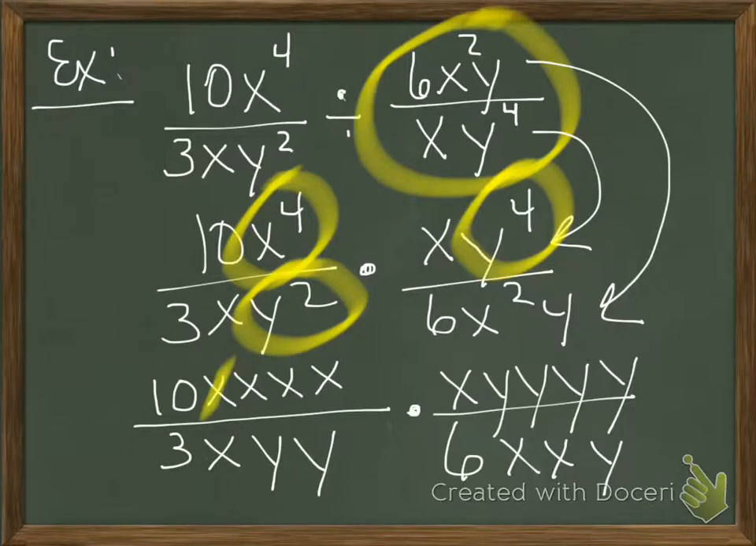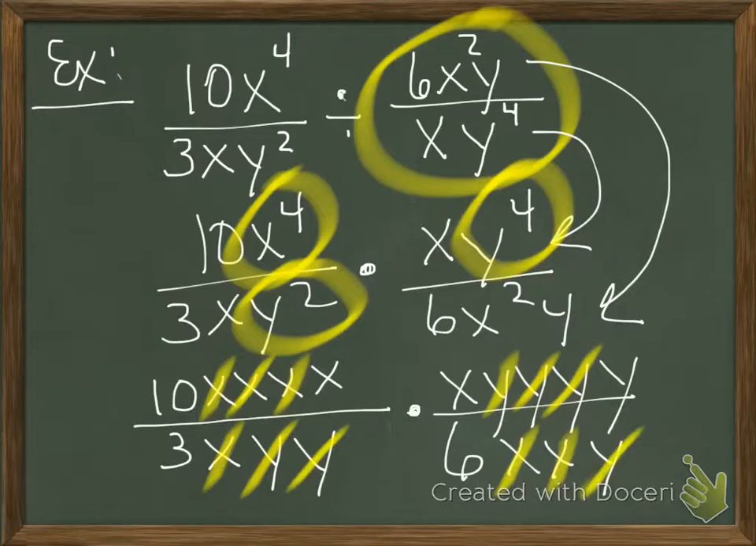1x in the top cancels with 1x in the bottom. 1x in the top cancels with 1x in the bottom. Cancel, cancel. That's all of the x's that will cancel. Now I'm going to look for y's. 1y in the top cancels with 1y in the bottom. 1y, 1y, 1y, 1y. And I'm left with a 10 and an x and a y and a 3 and